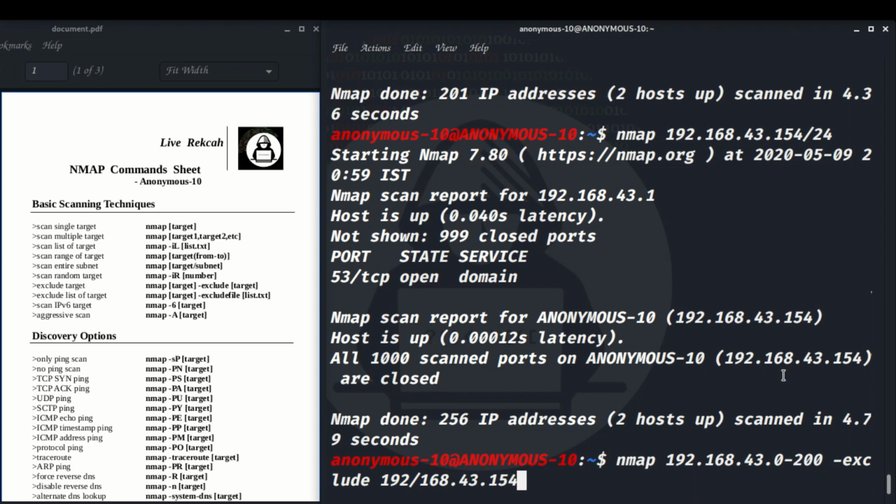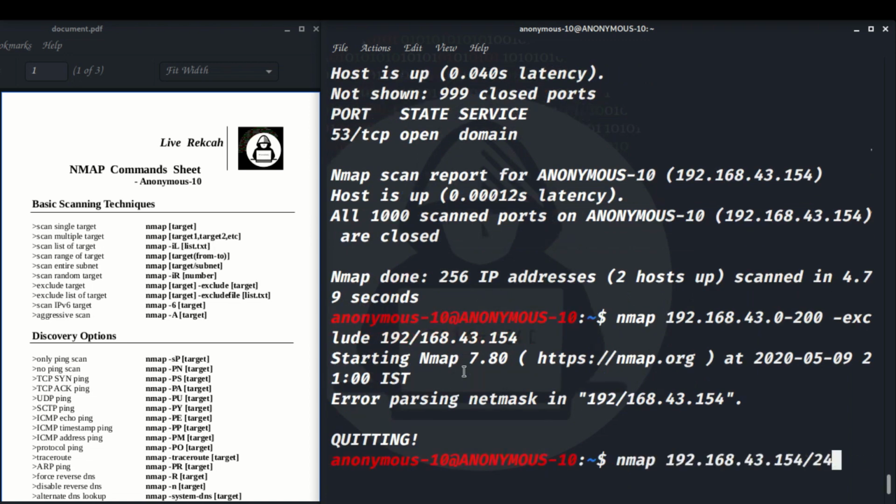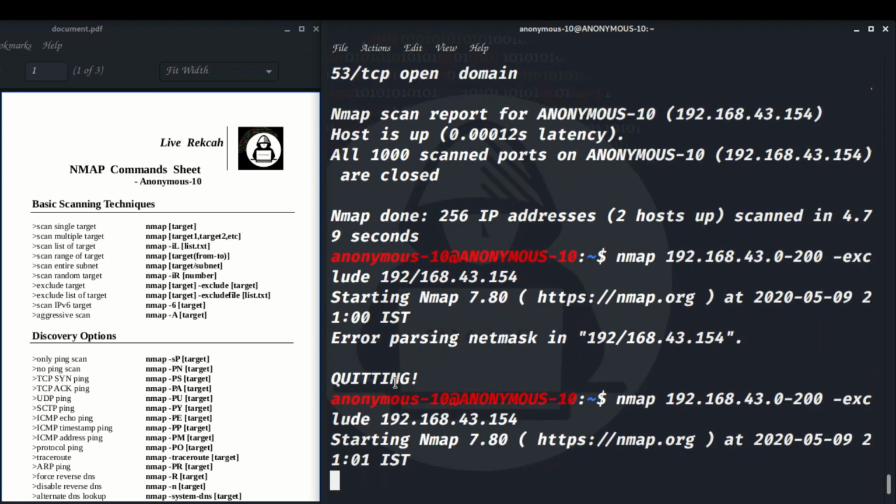That's all. Now see, error facing netmask, I did a mistake again. Instead of putting a dot, I used a slash. Starting nmap 7.8, the same.